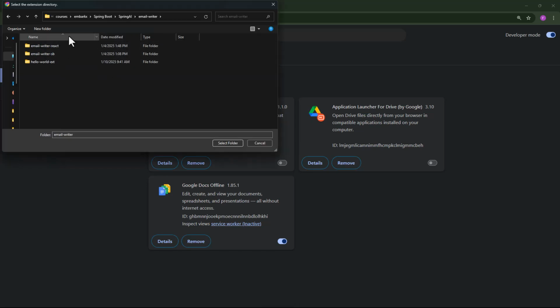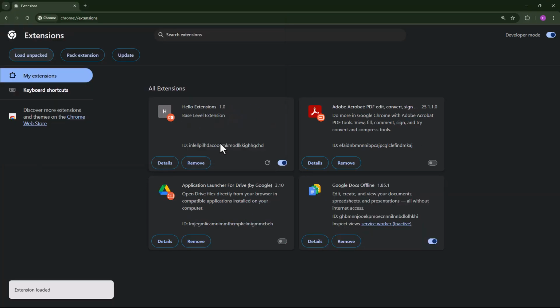So I just navigated to the folder where my project is created and all the files related to this project are. Now in this folder, there is a folder that I've created, hello world extension ext. So I'll select this, and the moment you select this, you will see extension loaded at the bottom left. And here you will see hello extensions 1.0, base level extension. Now